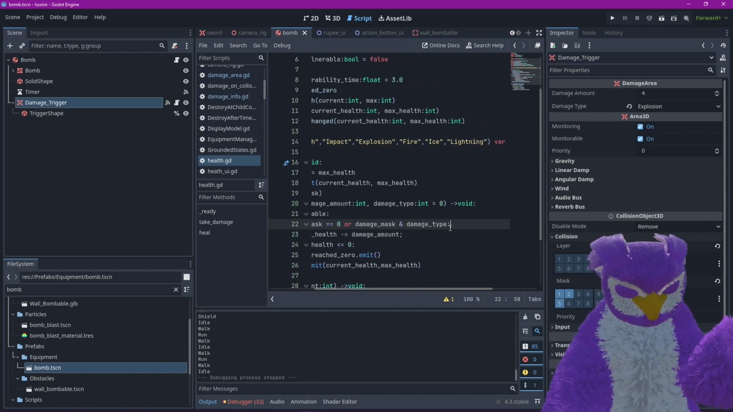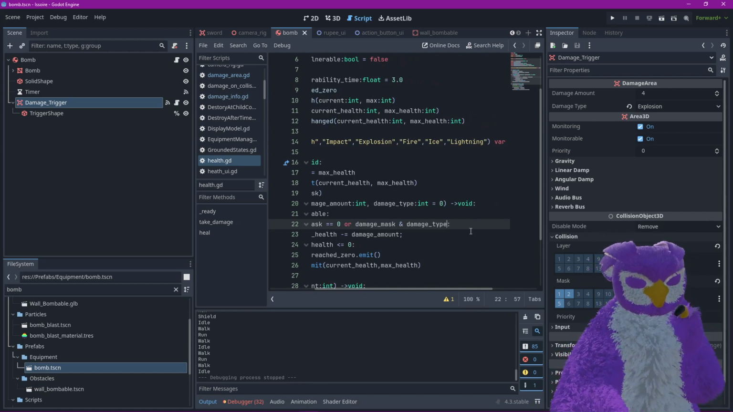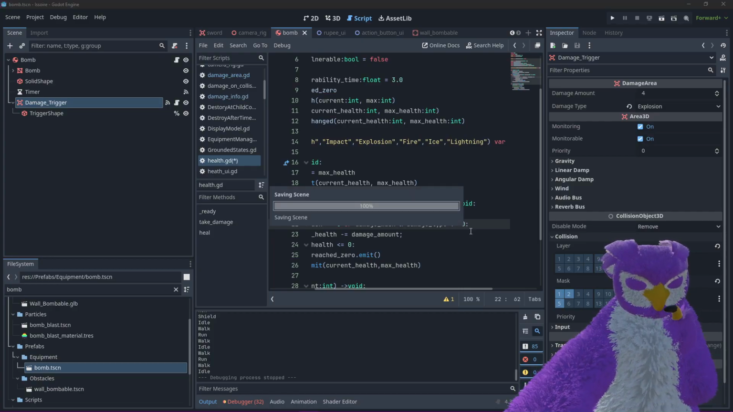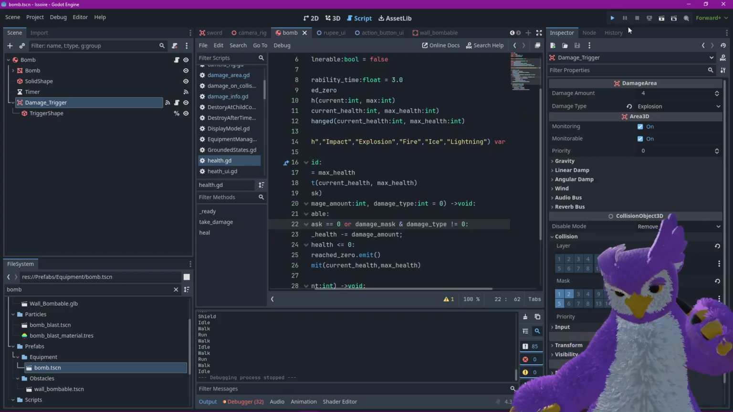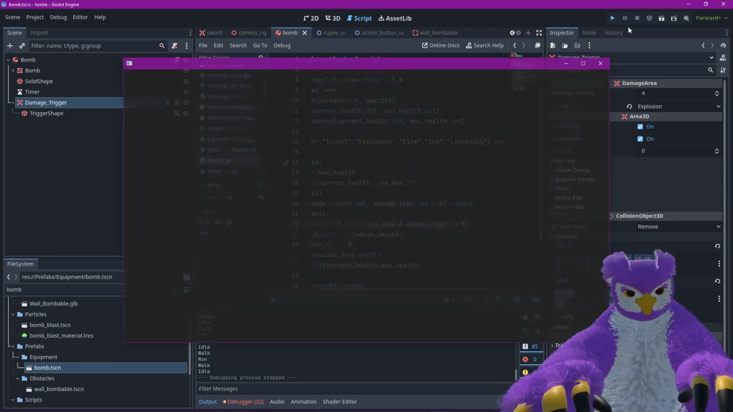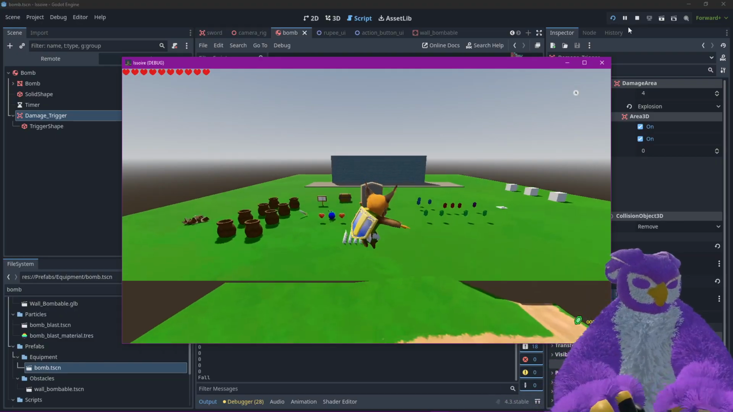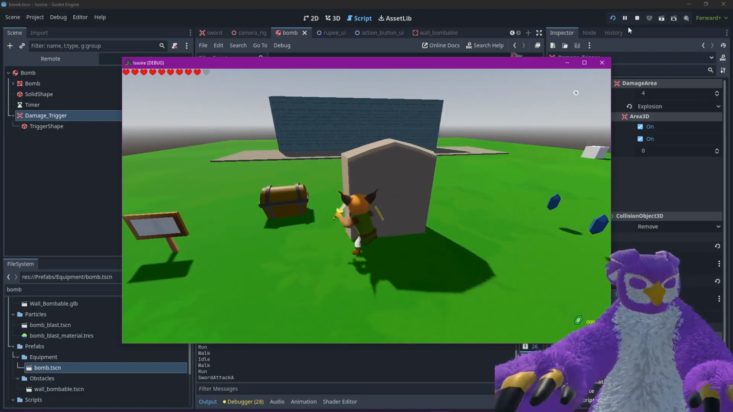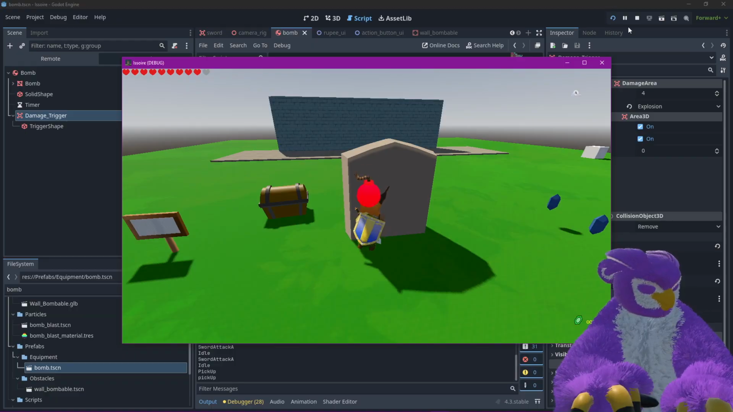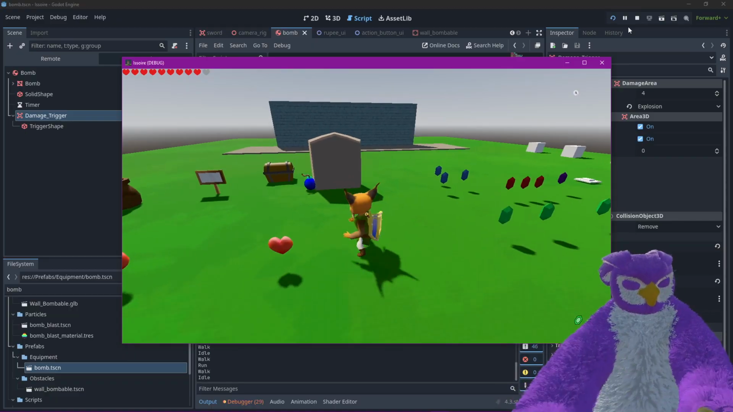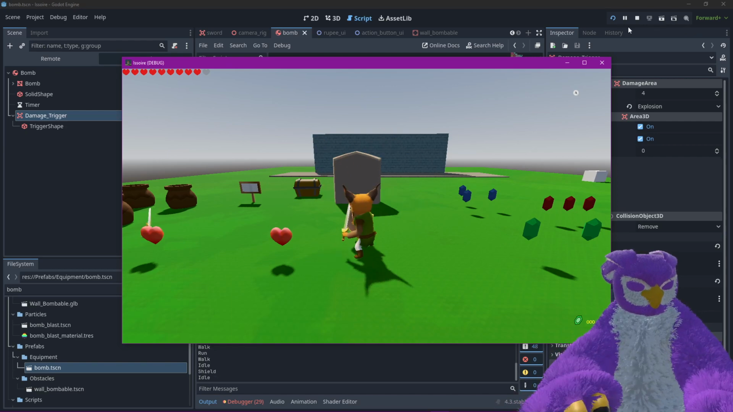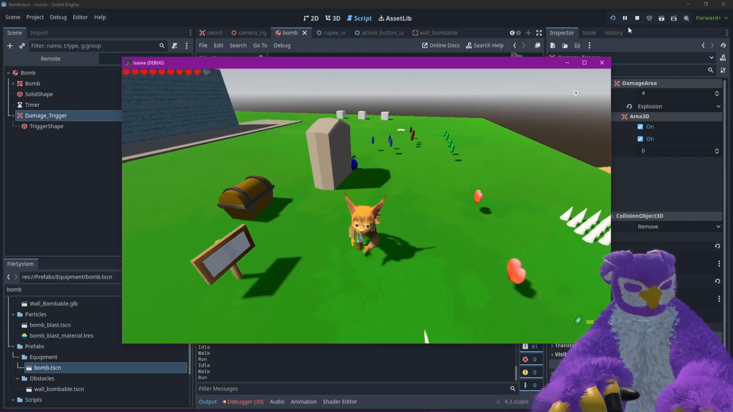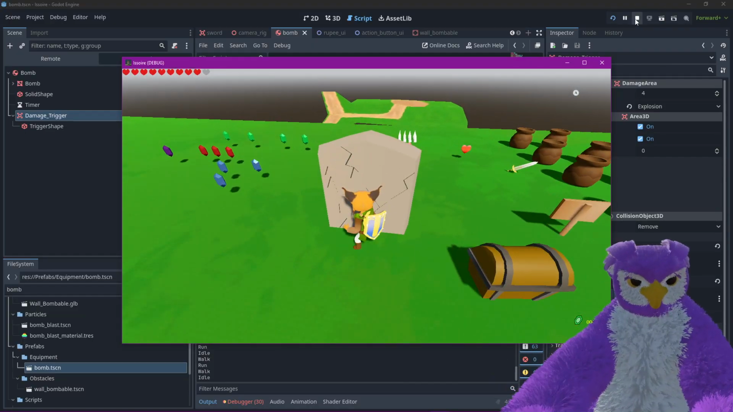Alright, so I think I just need to set, so if damage mask and damage type is not equal to 0. Let's try that. Okay, so we can still take damage from that. We can't damage that. Bomb not damaging. Why is that? I guess I could have it,